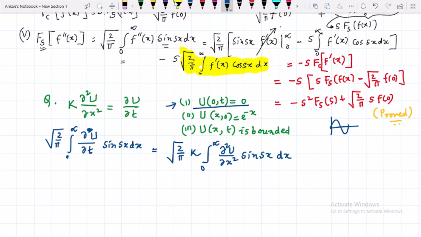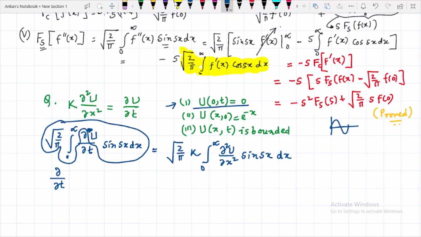Nothing more critical or difficult. Now you can take the ∂/∂t operator outside the integral, because these are independent of each other, and you have to put this root 2 by pi inside this integration, or outside you can keep it, but you should keep in mind that these